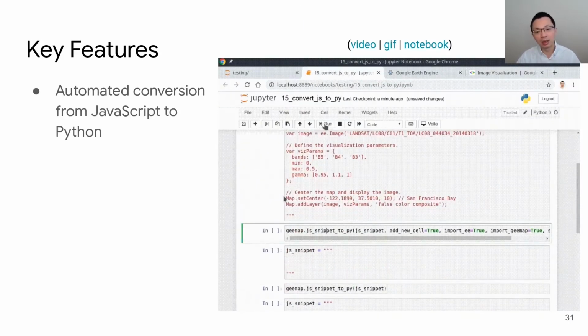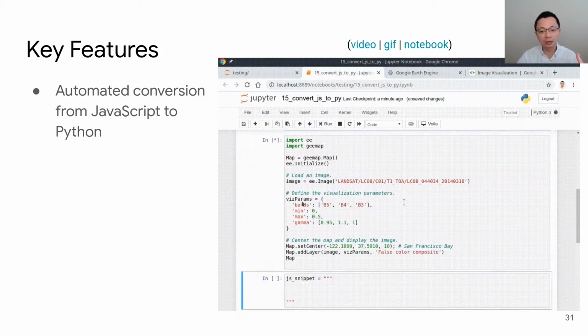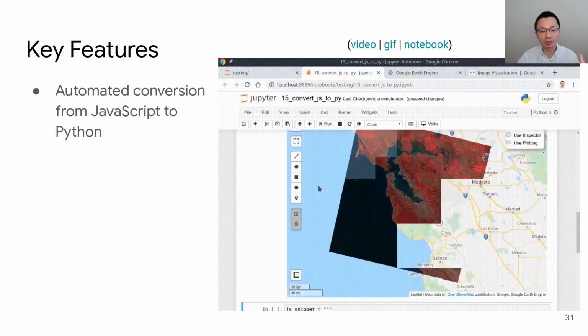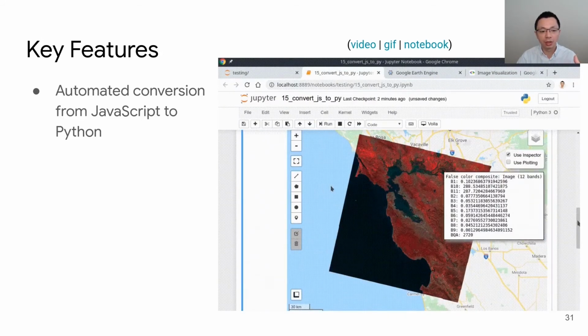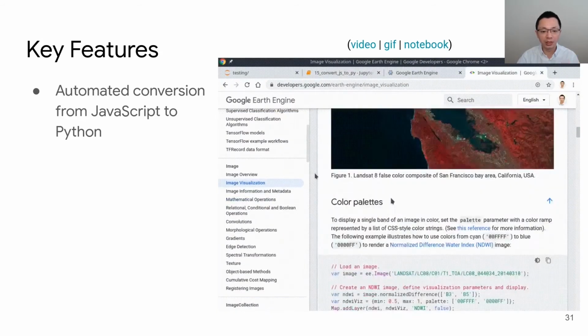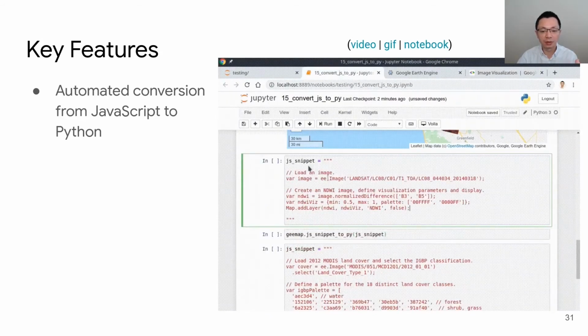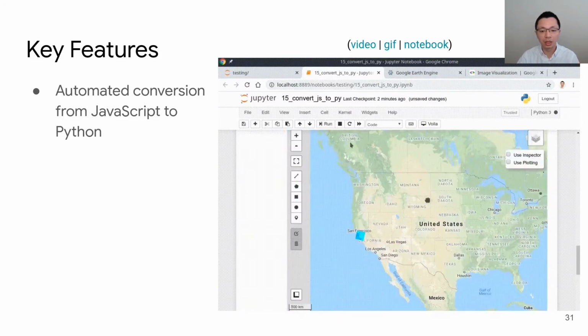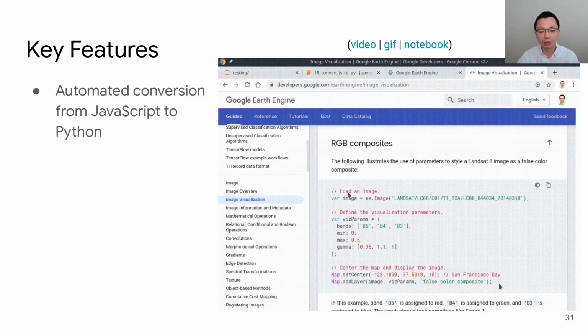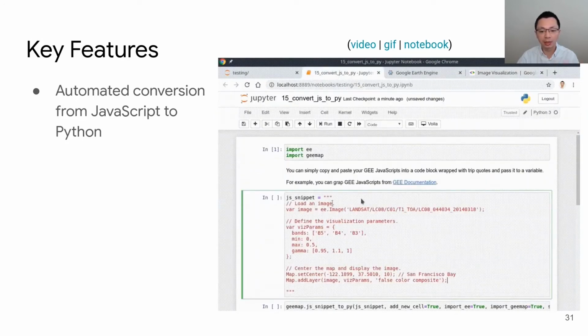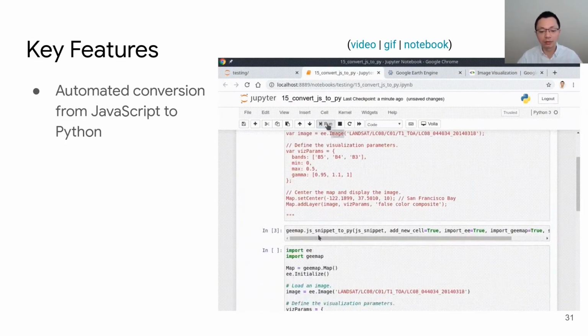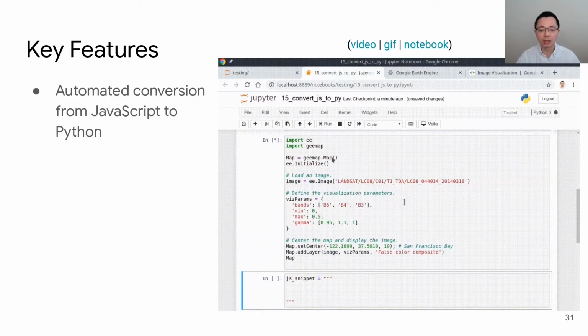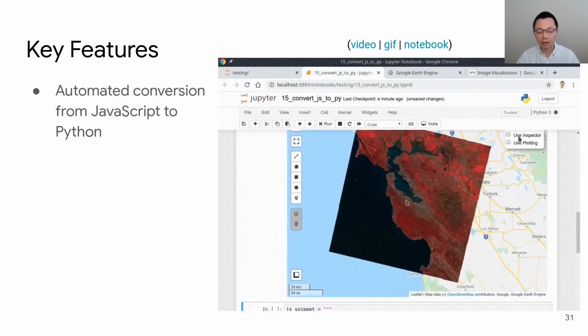First, if you learn the Google Earth Engine, most likely you probably use JavaScript to get started. So in the geemap package, I provide some functions for you to easily convert JavaScript examples to Jupyter Notebook and Python. If you see from the video here, very simple. Just copy the source code and paste, and then hit run. You will be able to convert this directly to Python, and then display the result here in